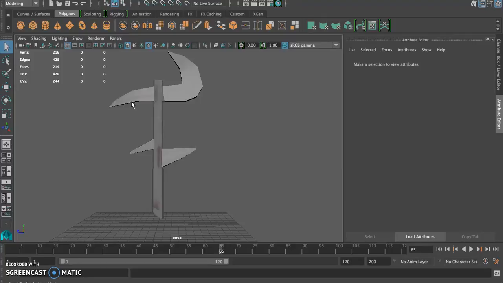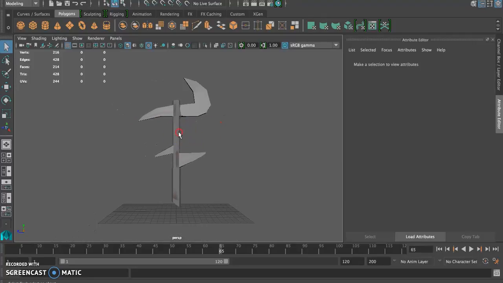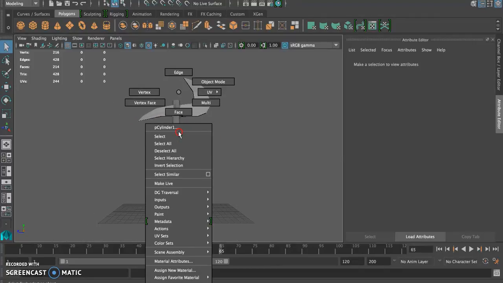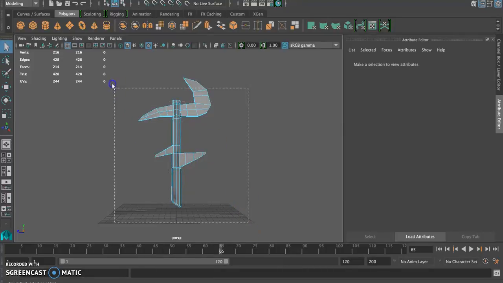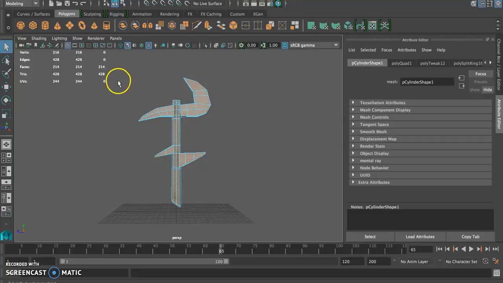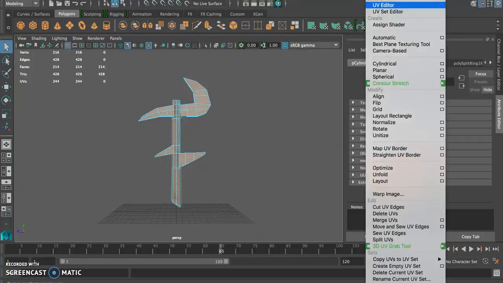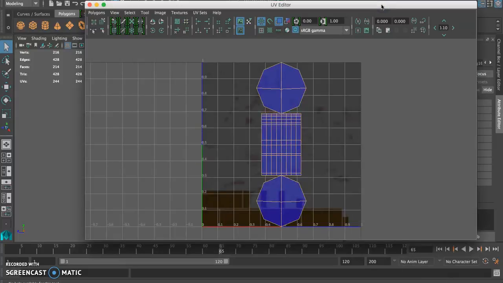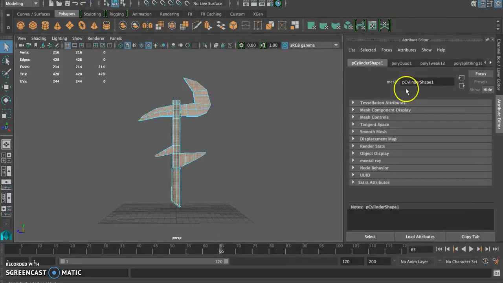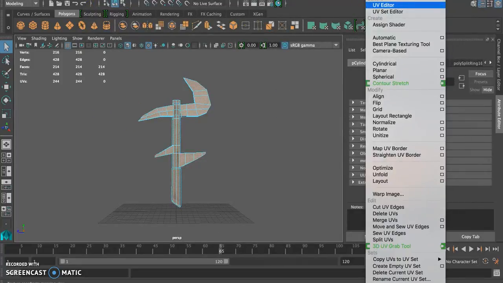So I have this object here, and what I'd like to do is look at it in, we'll just start simply, in face mode. I'll select the whole object. Okay, at the top, if you go up to UVs, you can see we have our UV editor. So by default, this object at this point is going to start out like that, but that's not important. I'll explain some more. Here's what I want you to look at. We have your unwrapping